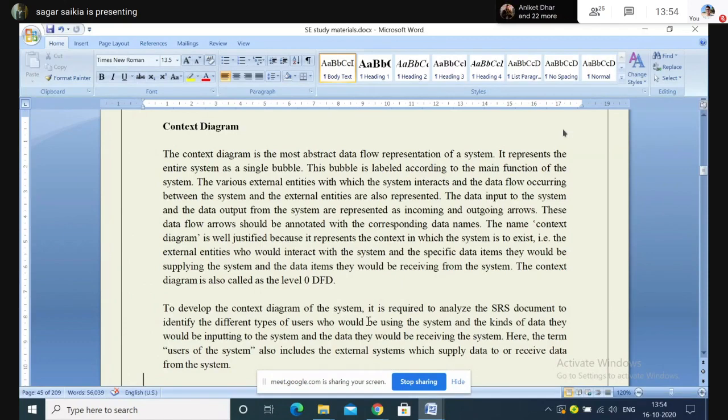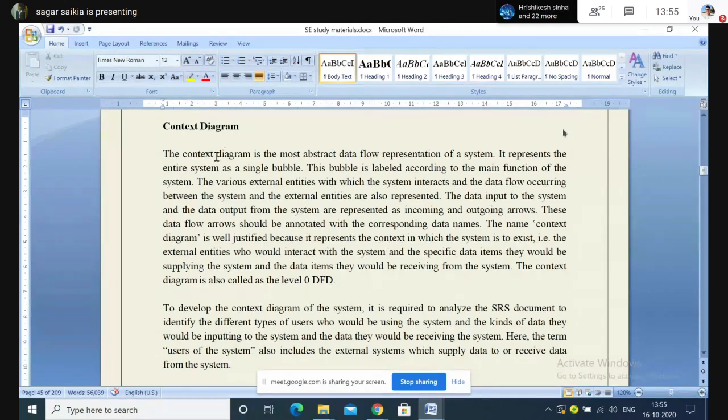So that has to be shown very neatly in the data flow diagram so that people understand what we are trying to do. In a DFD, there are many levels, because just one diagram is not sufficient to represent anything. The first thing that comes in a DFD is the context diagram. That is the first diagram that one has to build in a DFD, or the level zero diagram.